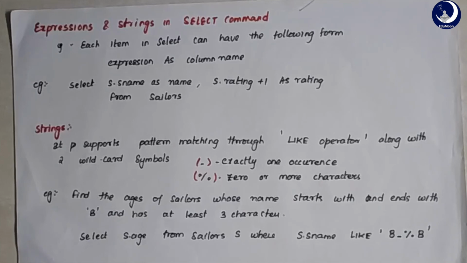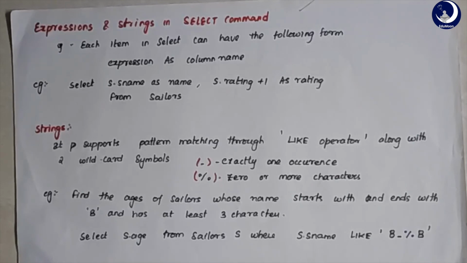So let's look at an example, right? Select s dot sname as name, s dot rating plus 1 as rating from sailors. So I'm basically just increasing the rating by 1 for all sailors. Here you can also use a where clause with some condition you want. For example, if it is an employee database, I would say just give some increments to all the employees whose rating has been increased. See, in those conditions you generally use this. Here I just took a small example, right?